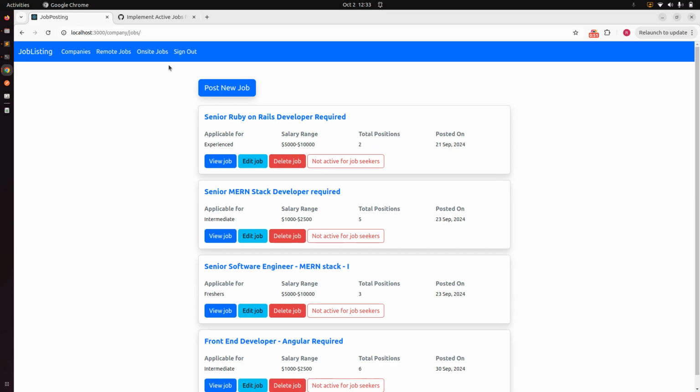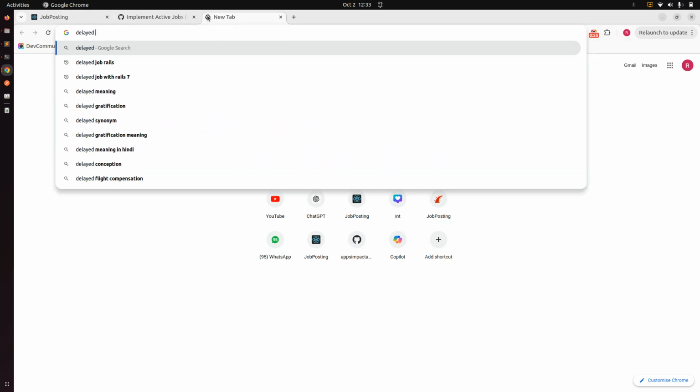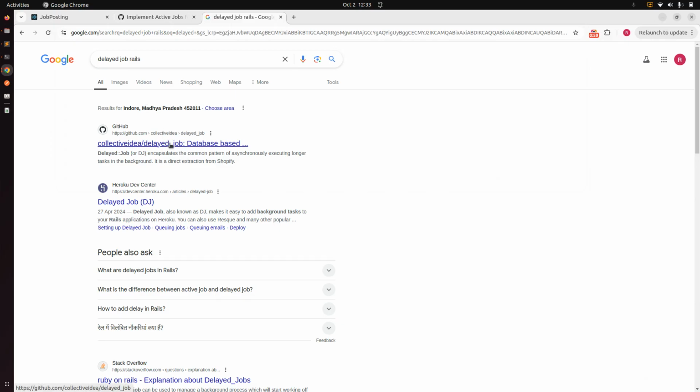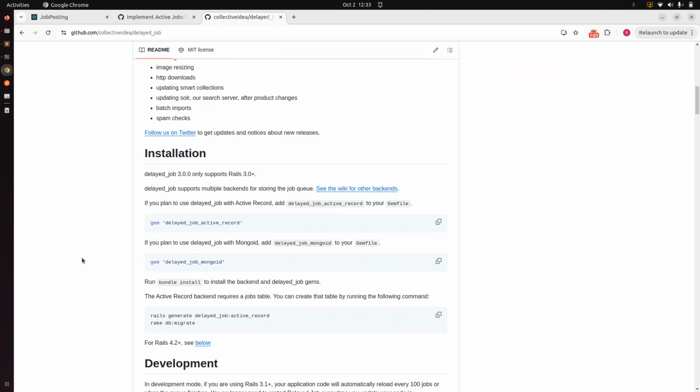Okay, so to add the delayed job, you need to open a new tab, and here you can search delayed job rails. Then there is a gem for delayed jobs which is from Collective Idea. So you need to install this gem first in your Rails application. You can see the gem delayed_job_active_record. Just copy this line and go to your